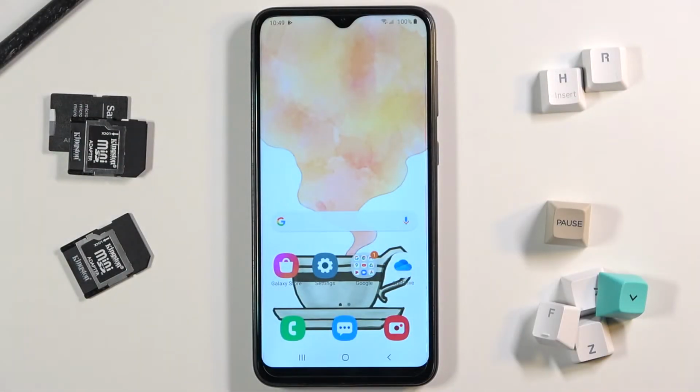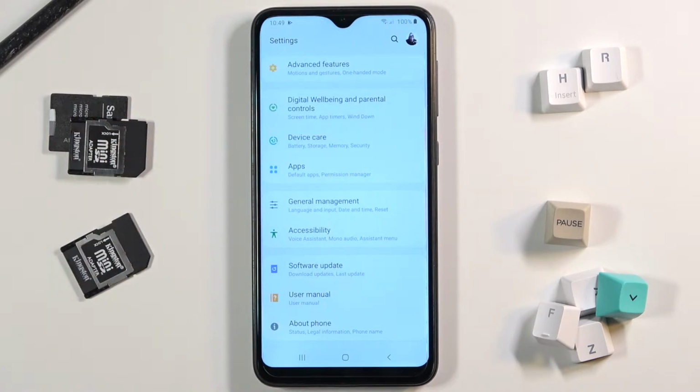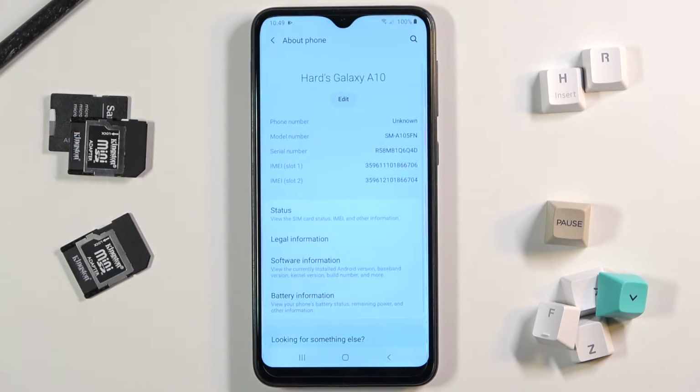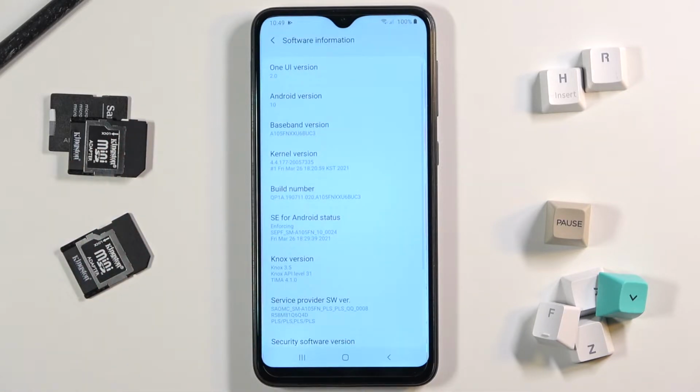In front of me is Samsung Galaxy A10, and let me show you how to activate demo mode on this device. So at first, just open the settings, then scroll down, find and select about phone, and here you need to open software information. Now locate build number,